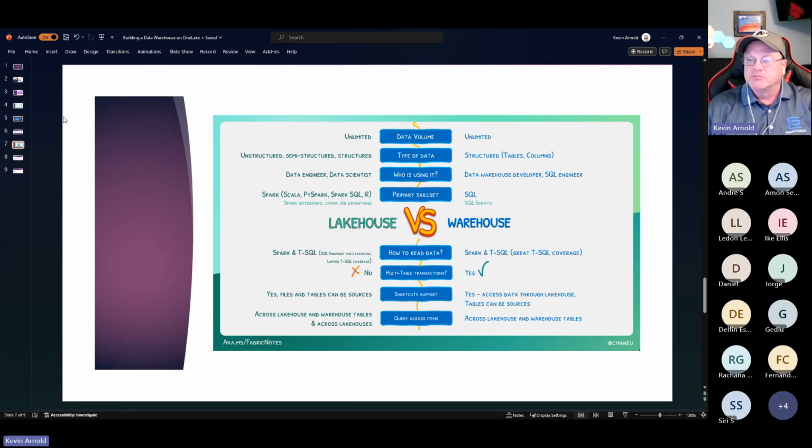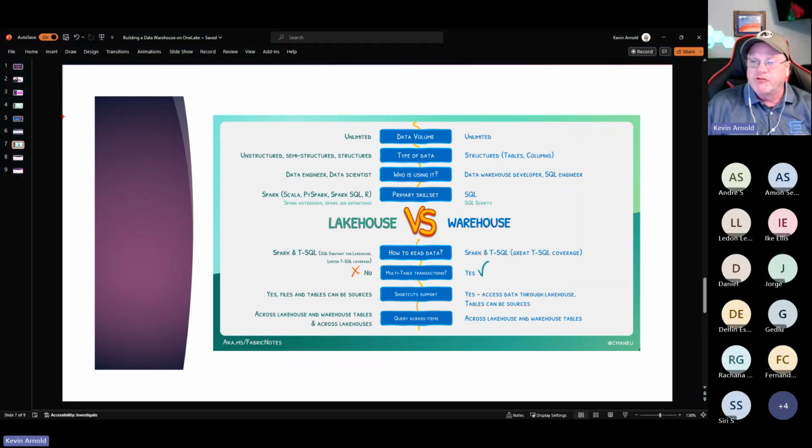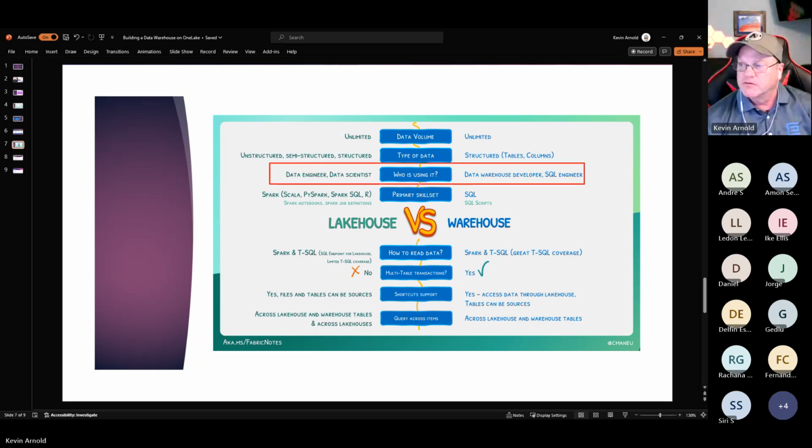Thanks. So how do you make that decision to whether you're going to use a lakehouse or you're going to use a warehouse? And for me, I'm going to focus on one part and one part only. I think this right here is your biggest decision point, right?